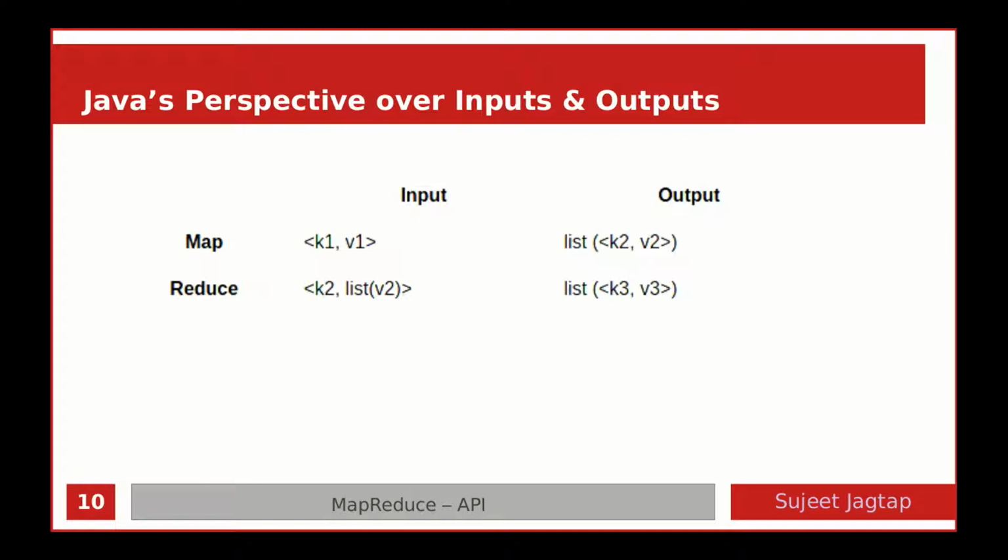Both the input and output format of a MapReduce job are in the form of key value pairs. Here we can see that the map's input will be a key and a value, and its respective output will be a list containing a number of keys and values. That particular output will be input to the reduce job, where one specific key will be looking for a couple of values that have been transformed from the map phase. The output of this will give out a list of keys and values.